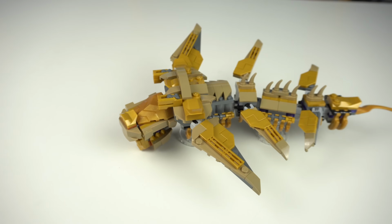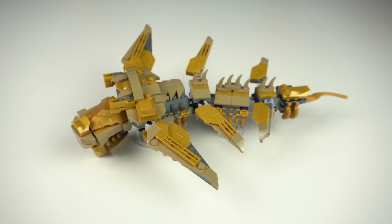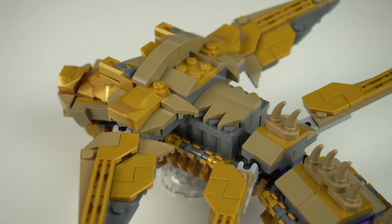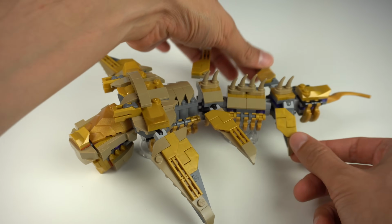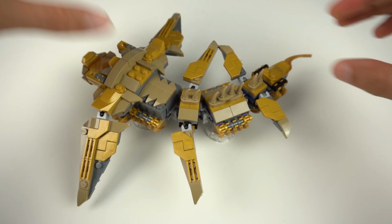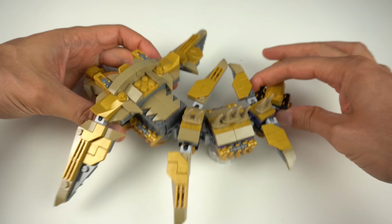And then there's the Leviathan, great build all things considered, and it represents the movie creature quite well. Lots of golden accents on top of the mainly dark tan color scheme, and all of the wings or fins, depending on how you look at them, are sitting on ball joints, allowing them to be posed in many different positions. Every section of the body is also hinged, making it possible to bend it at will on a horizontal plane,